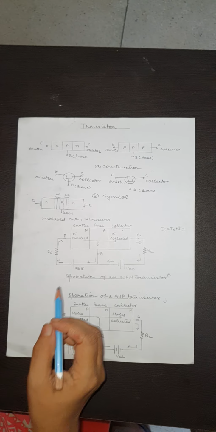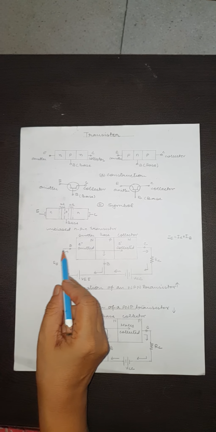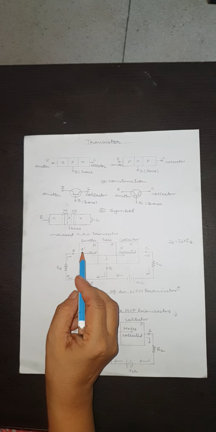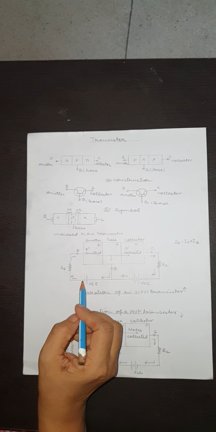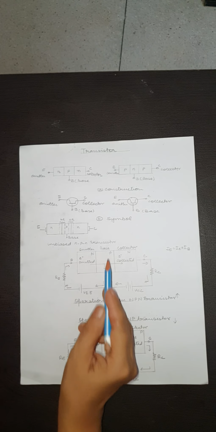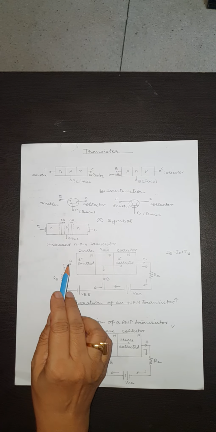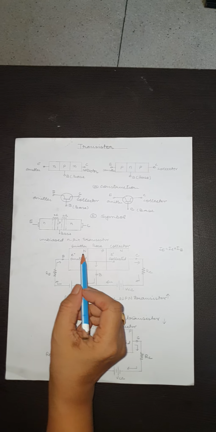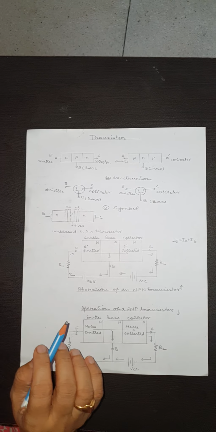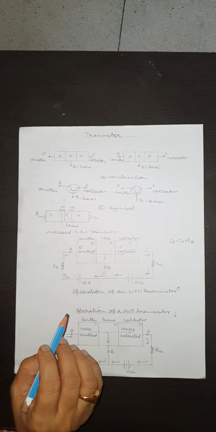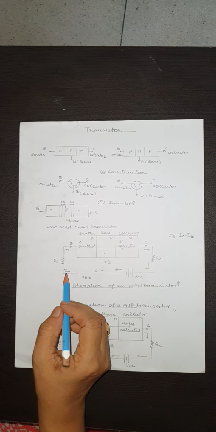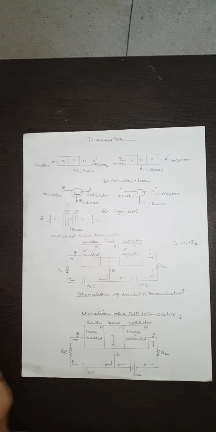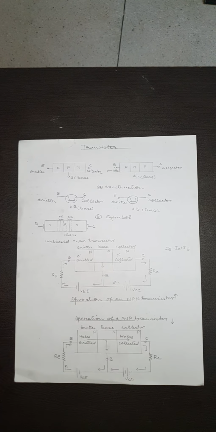Operation of NPN transistor. The forward bias base emitter junction reduces the potential barrier, because this emitter is N-type and this N-type is connected to negative terminal. Base is P-type, P is connected to positive. It means this emitter base junction is forward bias, and when this emitter base junction is forward bias, depletion region is removed. So, forward bias base emitter junction reduces the potential barrier and causes the electrons to flow from N-type to P-type